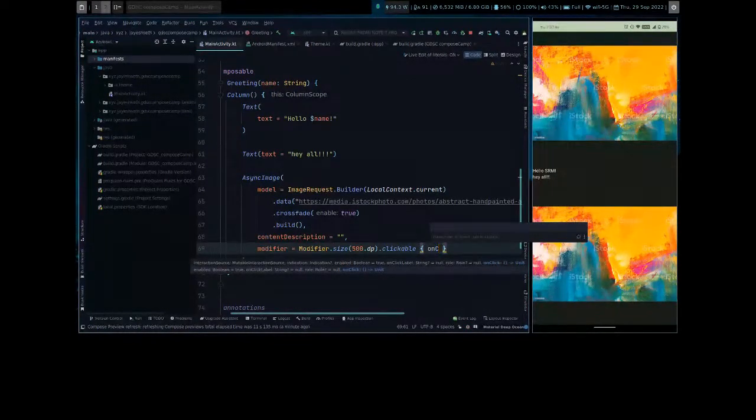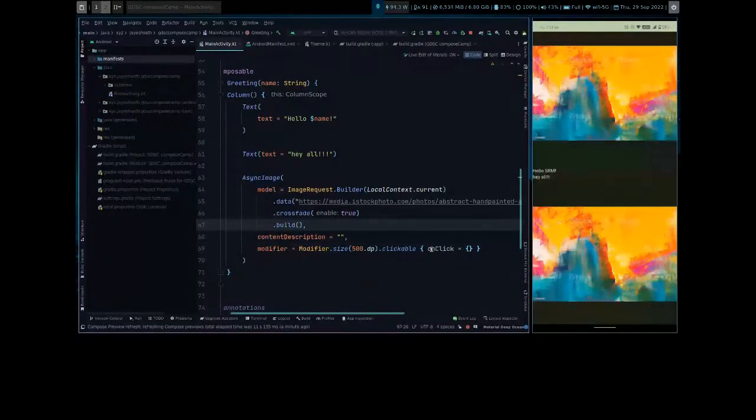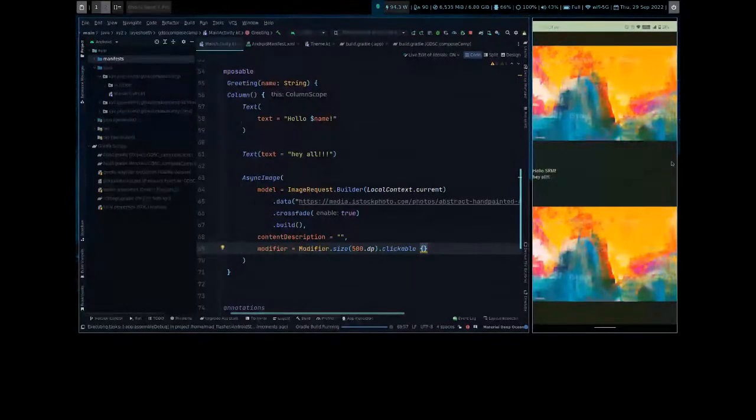There's a function called onClick. We'll use an empty lambda and we won't be running anything here. So now we've made it clickable. You can just rerun it, and now we should be able to click the images.